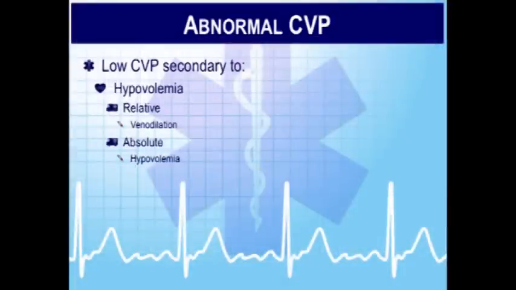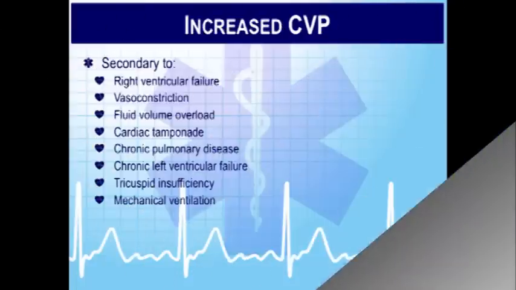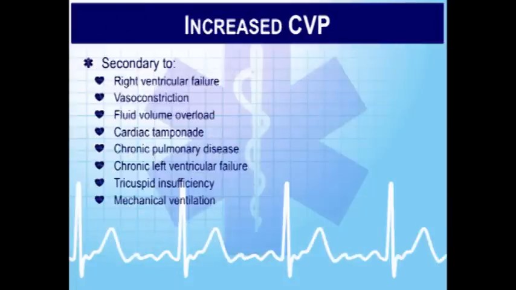We have historically always said that if your CVP is low, it's either related to hypovolemia or venodilation. Your veins dilate out, like in septic shock, for example. Increased CVP, we've always understood it as indicative of right ventricular failure. If the right ventricle isn't squeezing blood out into the pulmonary artery and it's backing up, your right atrial pressure is going to get high. It's failure of the right ventricle. You can also see increased CVP in vasoconstriction, volume overload, cardiac tamponade,